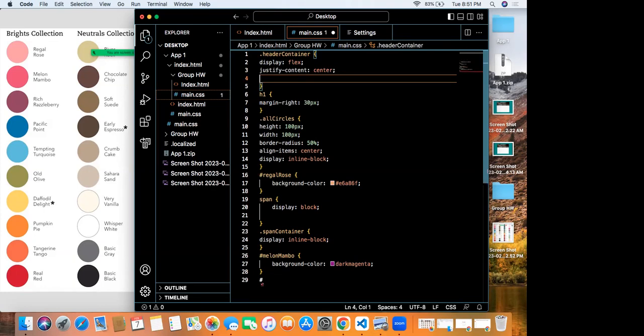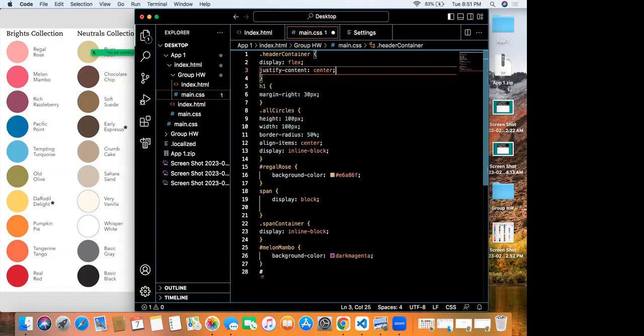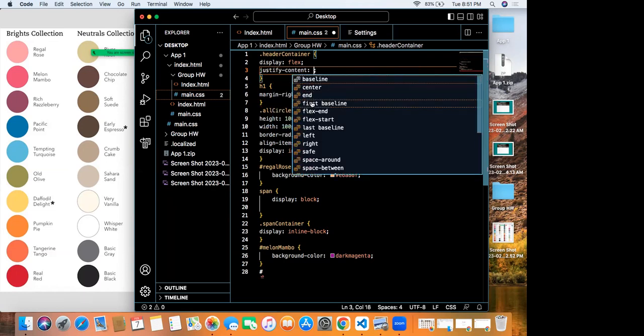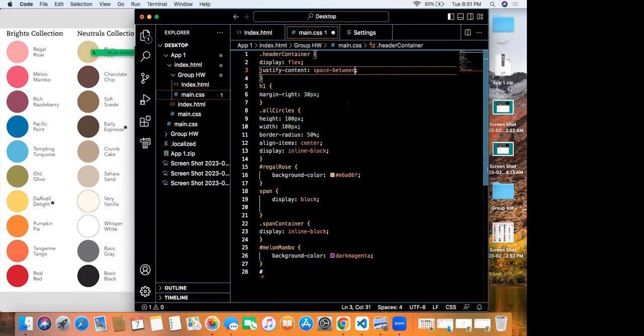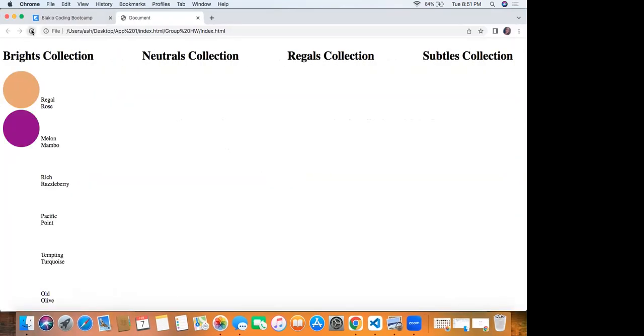Okay, center, so we need to put that there. It shouldn't be center. It should just be like space between, not center. I think it goes in between the colon. Oh, we're changing the justify to space between. Type space between. Save. There we have it. Okay, great. These colors are so off.